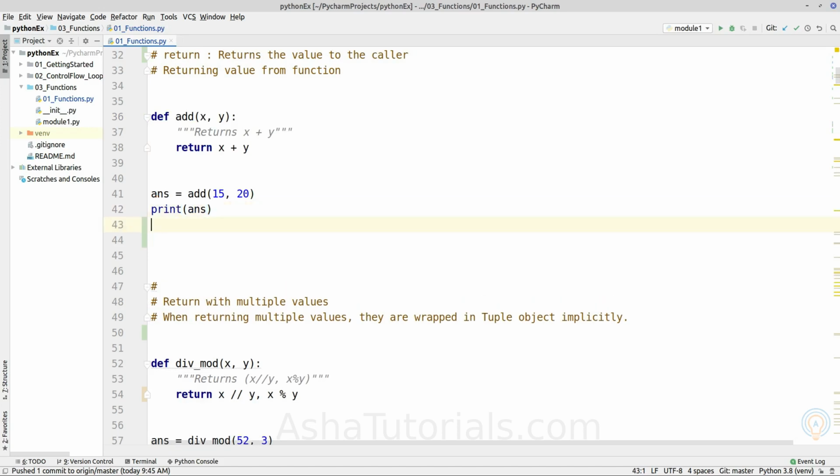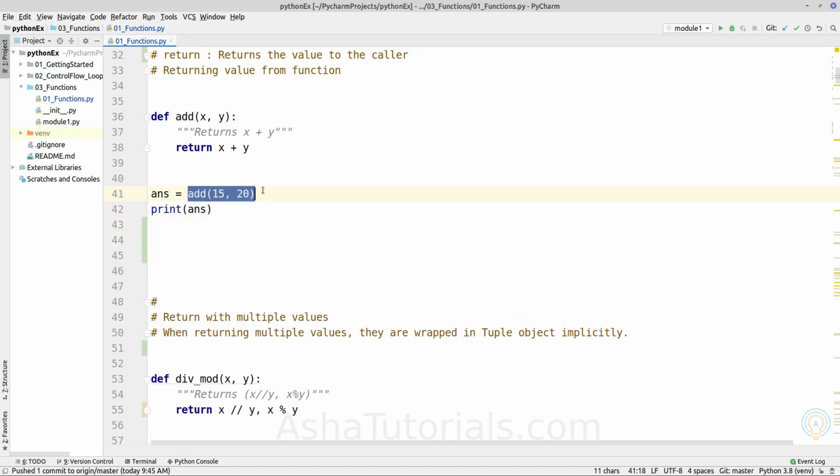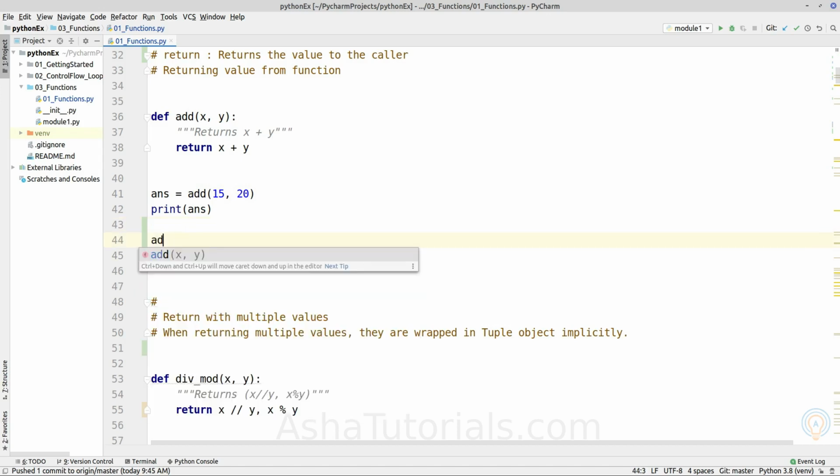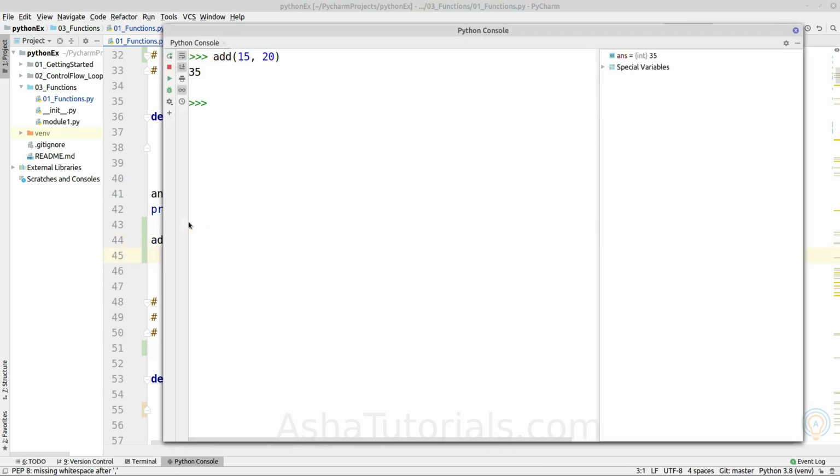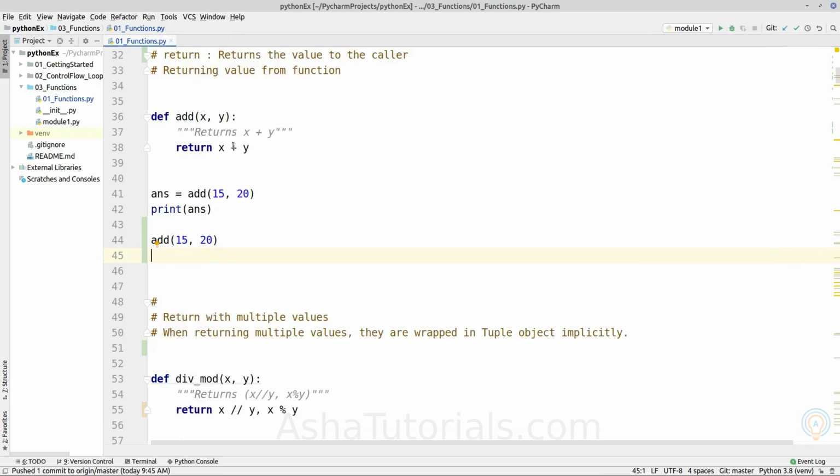now in Python it is not mandatory to store the result of a function, so we can just ignore the return object of a function like this. Okay, so if you execute it in the console, it will definitely print the result object, but if we are executing a Python file as a whole, it will not store the result of a given function into any variable. It will just ignore it. Okay,